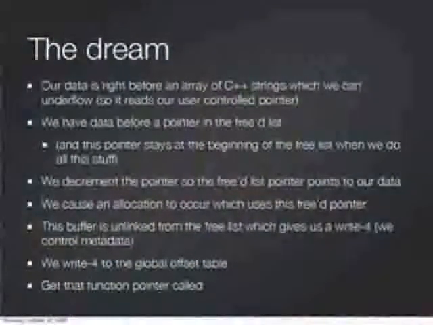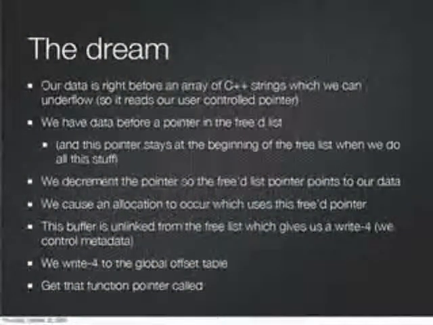All right, so this is everything that I want to do to take control. It's a lot, right? And the question is, is it possible? So I want to make sure I control the data right before an array of C++ strings, which I'm going to underflow. I want to make sure I have data right before a pointer on the free list, so that when I decrement it, it points into my stuff. Then I want to actually do the decrementing of it, and so it points into my stuff. And then I want to do an allocation so that it gets unlinked. And then